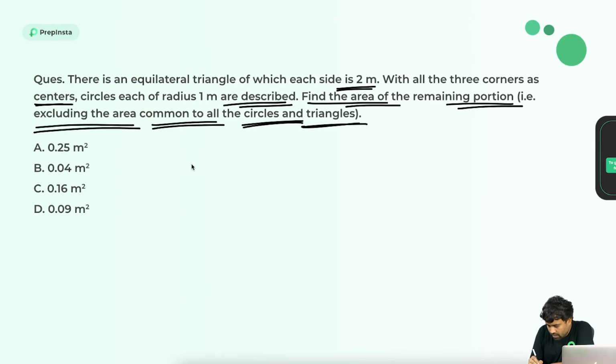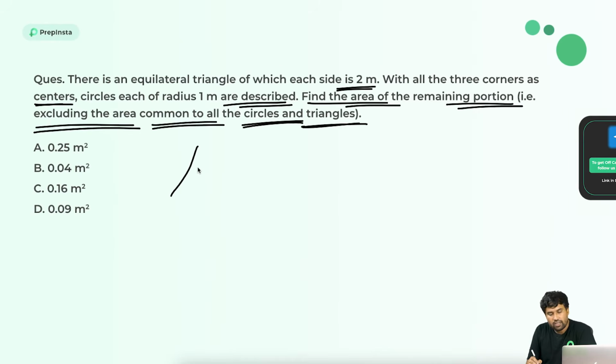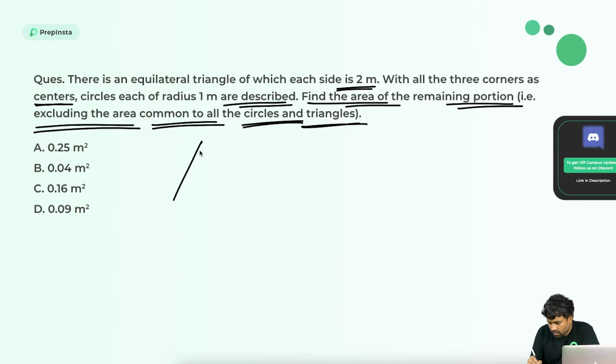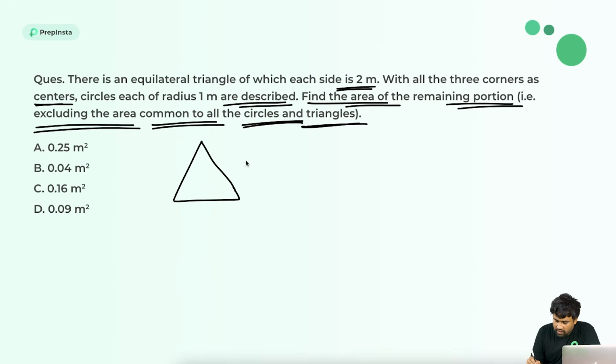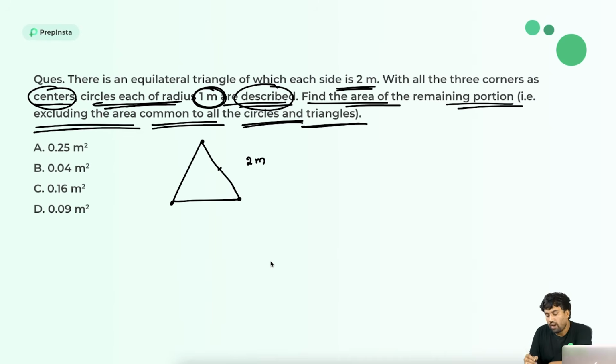area remaining, right? So for your clarification, I am drawing an equilateral triangle here. Just look here. This is assumed to be an equilateral triangle. So each side of the equilateral triangle is 2 meters, and on the 3 corners as centers, circles were drawn with 1 meter radius. So, see, can I say this 2 meters is the side of the triangle, means 1 meter will be the radius of the circle. So I can draw the circle like this,